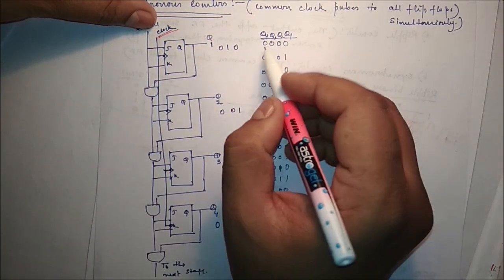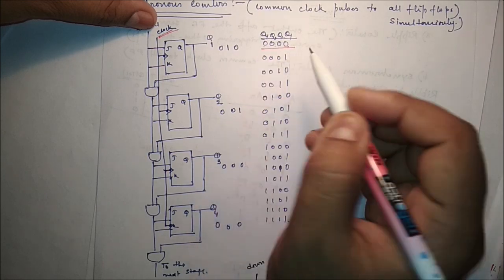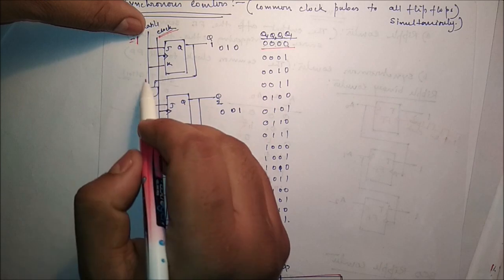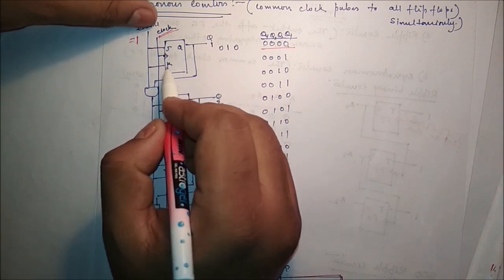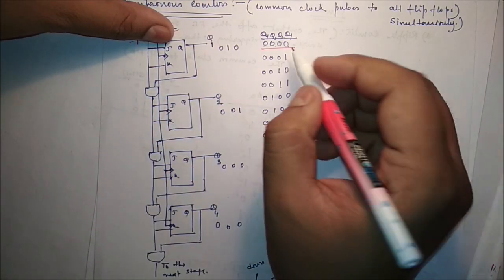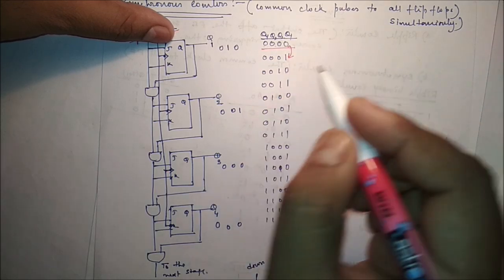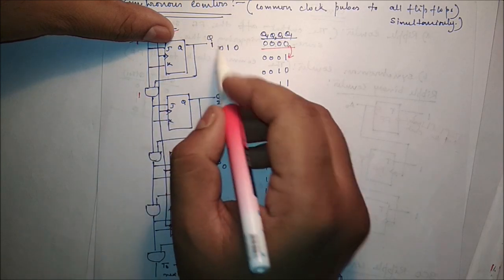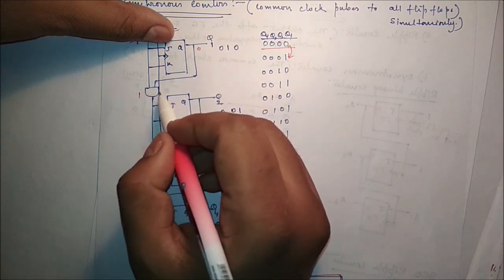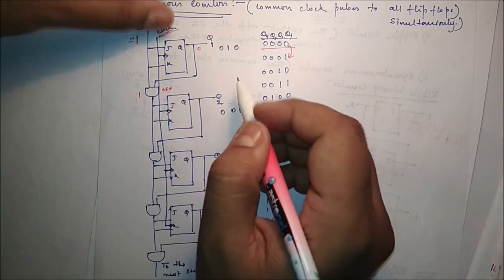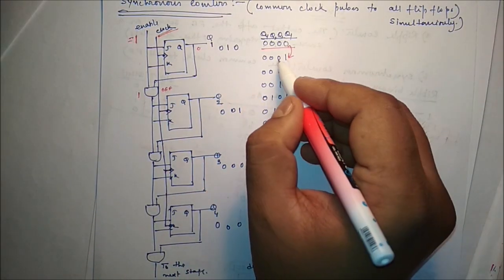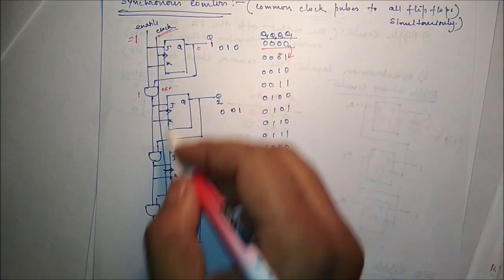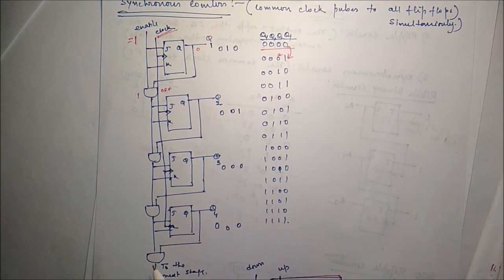Now initially it is 0 0 0. Now if you enable this, if it is 1, both J and K are 1 1. Both J and K being 1 1 means it will change state from 0 to 1. Now if it is 1, but here initially it was 0, so 0 1 means it is off condition. Off condition means it will not change the content of the second bit, so it is kept as 0. Clear? And the remaining AND gates are in the off stage.